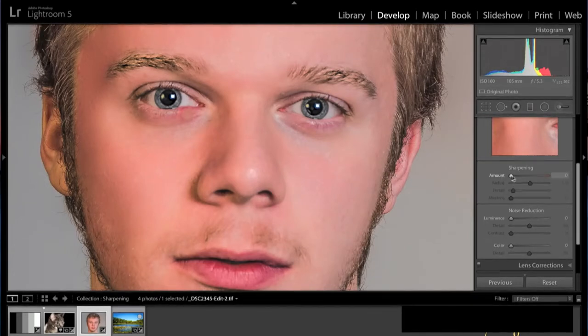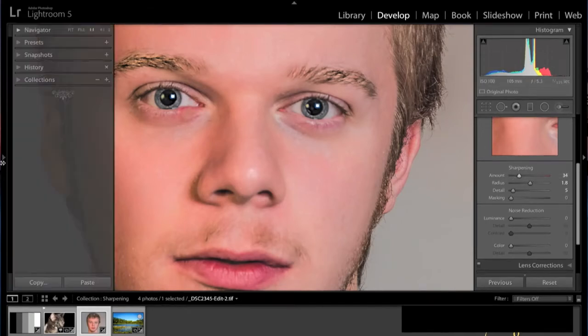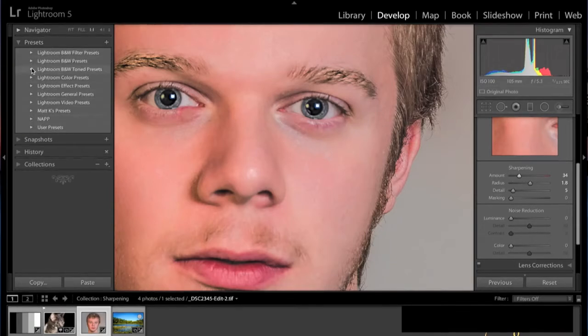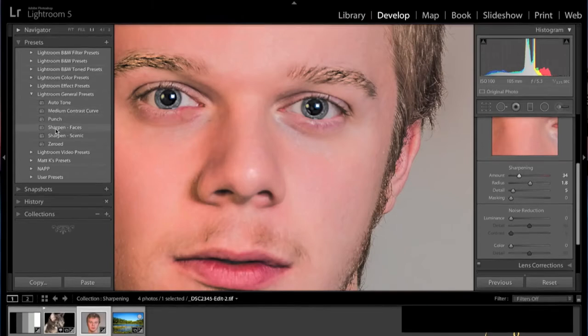At this point, I'd like to mention that Lightroom comes with some presets for their sliders. So for the sharpening and noise reduction, if you open up this panel and go into presets, and go into Lightroom general presets, there's sharpen faces, sharpen scenic. And so obviously you're going to do sharpen faces. And as you could see, it did a nominal amount of sharpening. Radius around 1.4 pixels, which is probably the size of a pore, a little bigger. And the detail is very low, 15. Masking is relatively high, 60. Now this is a good starting point. You could further refine it,